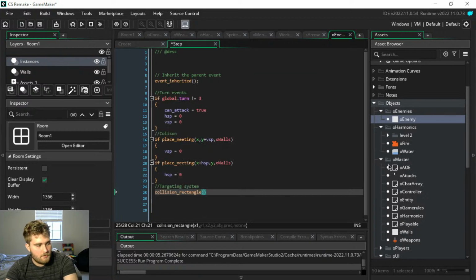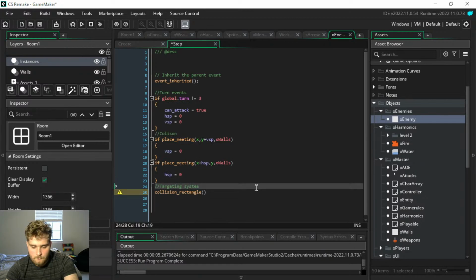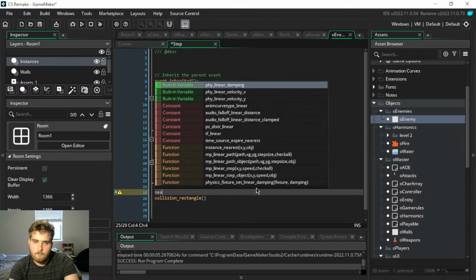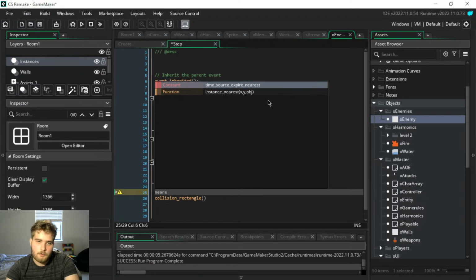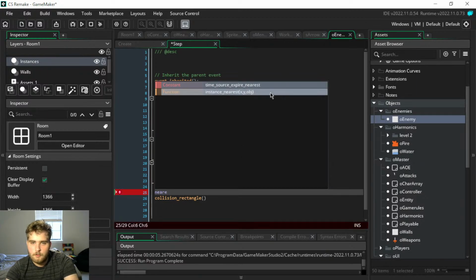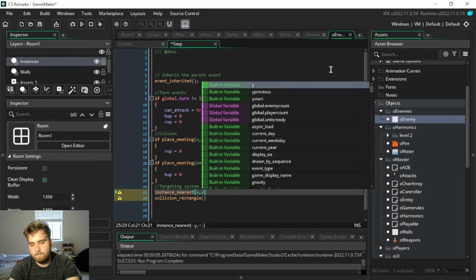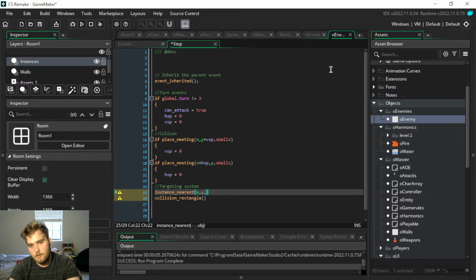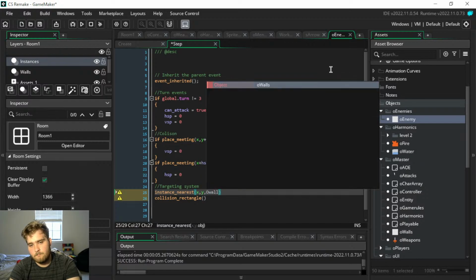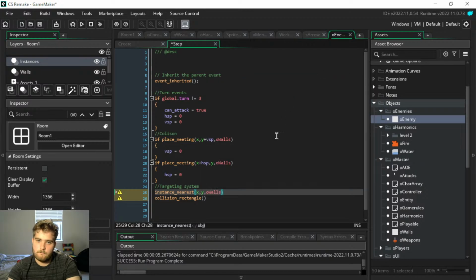So x1, the instance nearest to its current x, y, the nearest O wall, dot x,